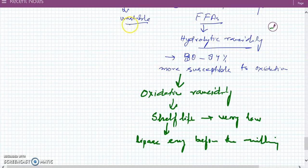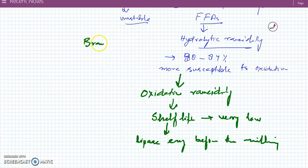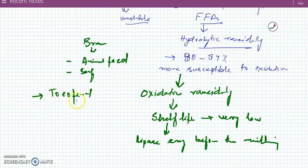Other uses of this bran are animal feed, and this oil can sometimes be used for soap manufacturing, and sometimes protective coatings and plasticizers. And one last important thing is the extraction of tocopherol. Extraction of tocopherol is done from the rice bran oil, which has a nutritional and